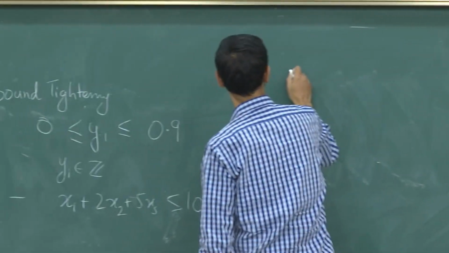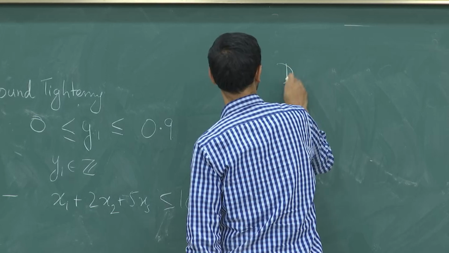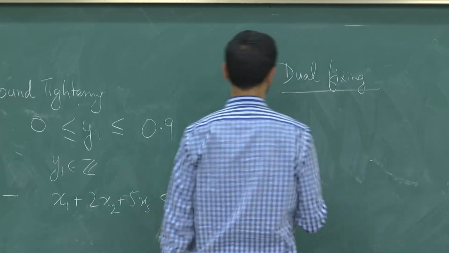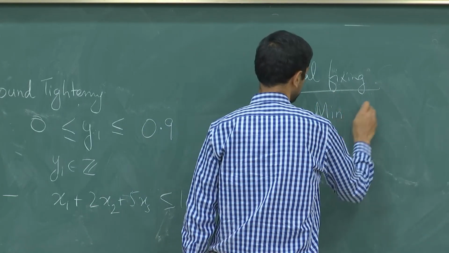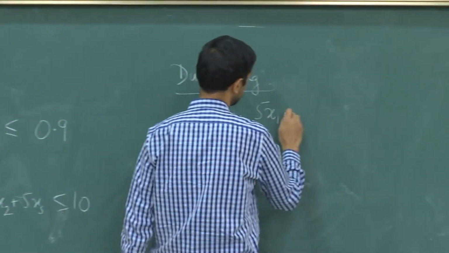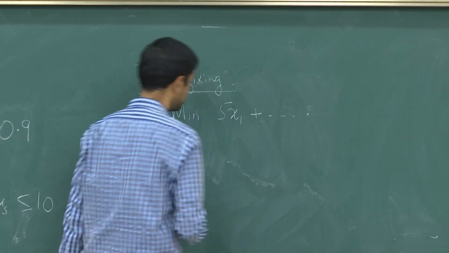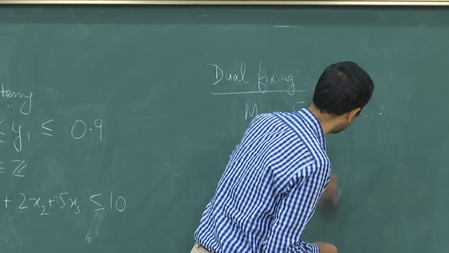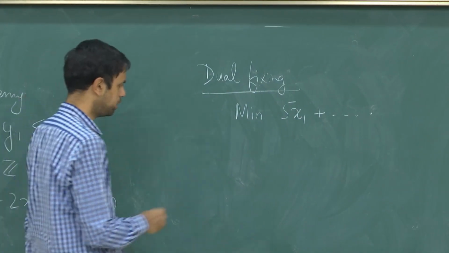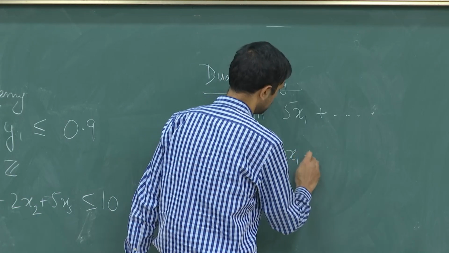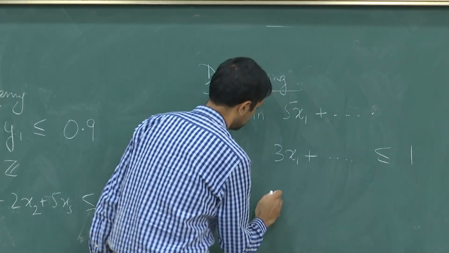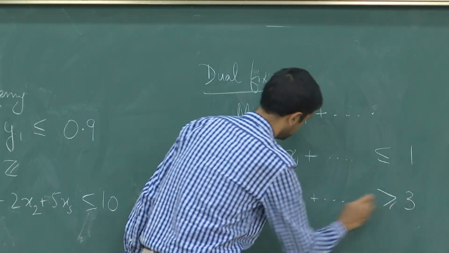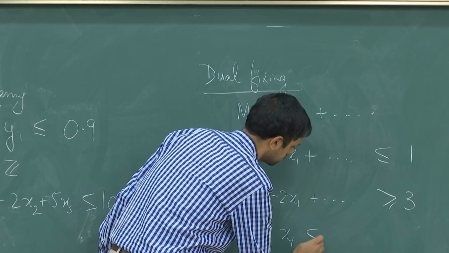An important idea is this dual fixing of variables. It is quite intuitive. So I'll just give you an example. Suppose I say minimize 5x1 plus some other expressions, and everywhere x1 has a positive coefficient with a less than or equal to sign. So suppose I say 3x1 plus something less than or equal to 1, minus 2x1 plus something greater than 3, and x1 less than